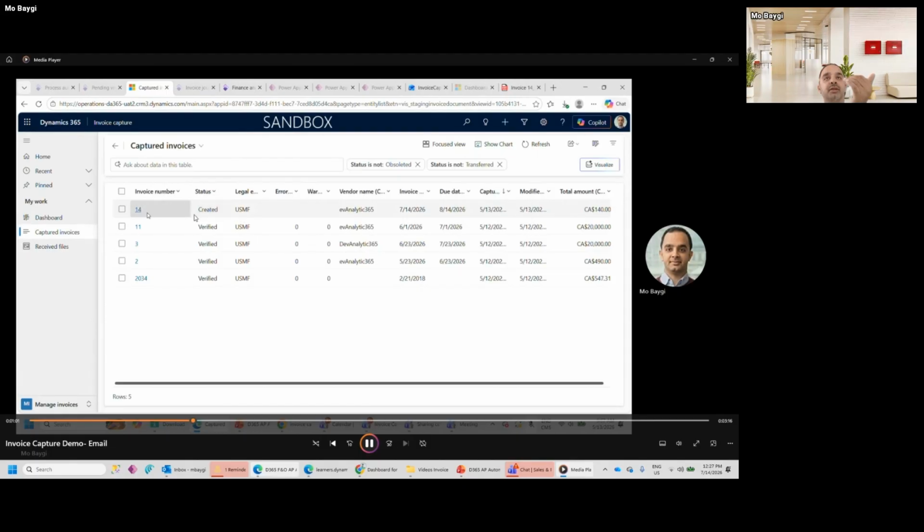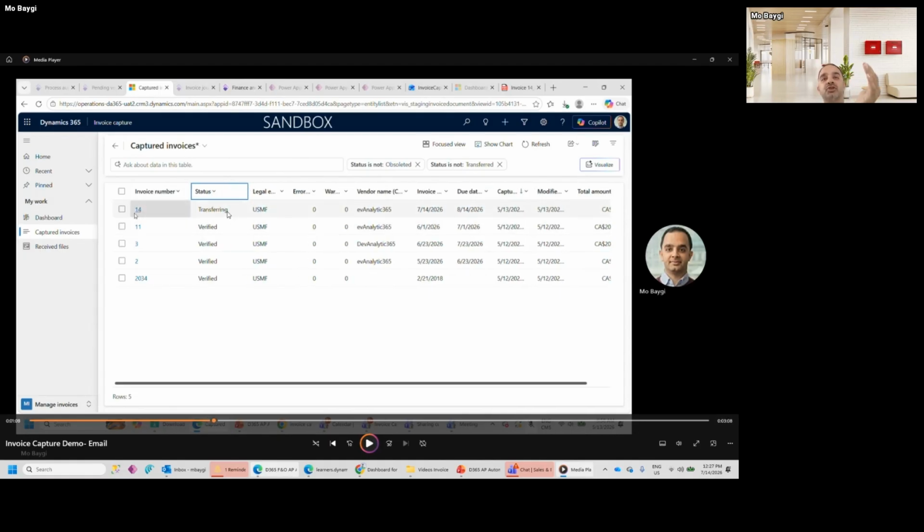I can go to captured, and you can see it changed the status to created. And then it automatically changed it to transferred. If you compare it to what I showed earlier, this one is automatically being transferred to D365. The reason why is because all my validation rules and all my mapping rules were properly in place and they all ran as they should. So as you can see, it is doing that transfer automatically into D365. If I open that invoice,